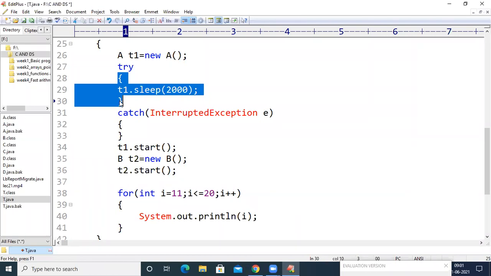Generally, I will explain the theory behind this so that you can understand it better. Whenever the sleep method is executed, the JVM has to bring a thread from running to waiting. So the JVM has to interrupt, that means it has to disturb the thread during execution. For example, let us assume I am taking an offline class.